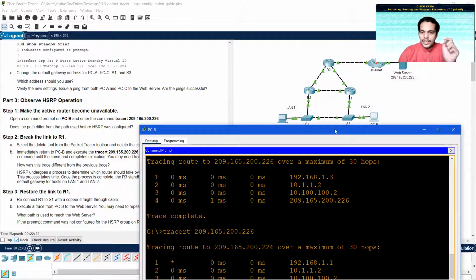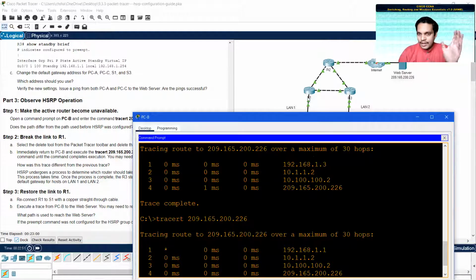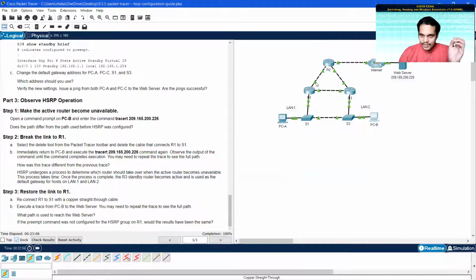Because R1's priority is 150, which is more than R3, because of the preempt command that we have issued on R1, at any time if R1 comes up again, it will always assume the role of the active router. That is what is happening here. Otherwise, if it were of the same priority, R3 might have continued as the active router.